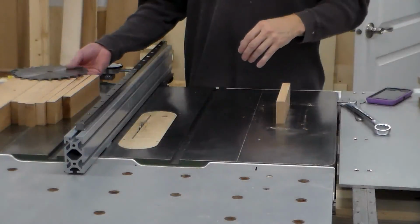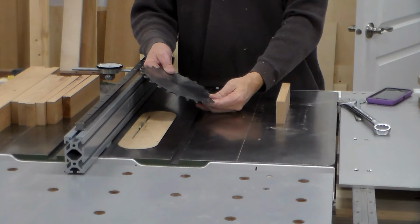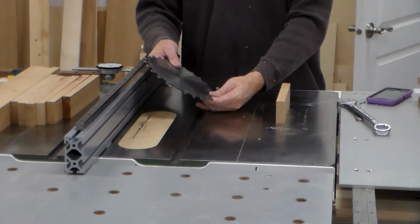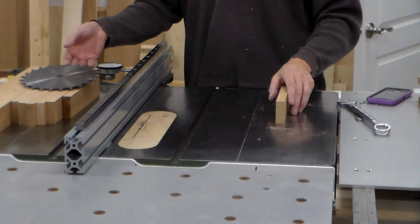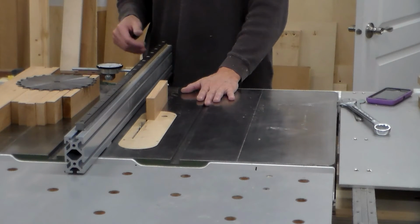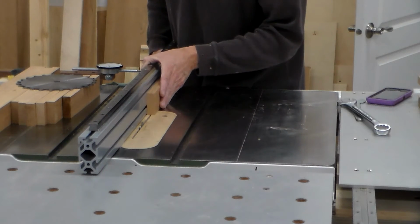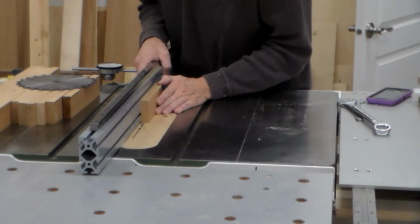All right, a brief explanation, I guess, of what I'm doing here. I did have my dado set up with 2 blades for a 1/4 inch width dado, but I've decided against that because I want it to be perfectly centered and I want it to be slightly undersized. So that's why I've changed this up. So I'm going to take my piece and center this up here, or as close as I think I can,